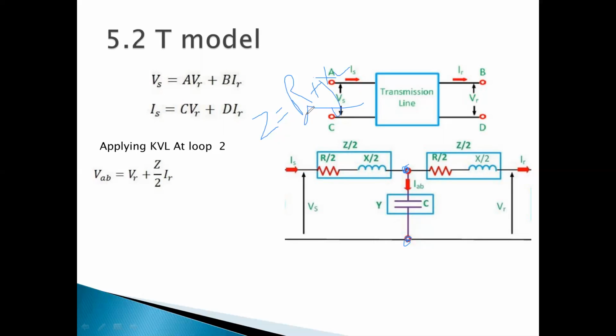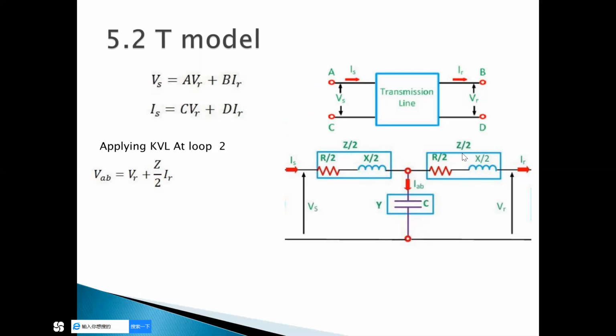Okay, that's why the resistance is halved over here and halved over here. Reactance is halved over here. So that's why I have written Z divided by 2. So VAB is equal to, I am talking about the second loop. So I will apply KVL here. VAB is equal to VR plus